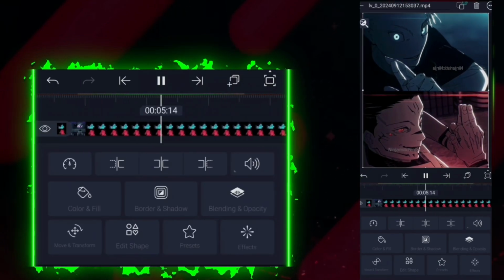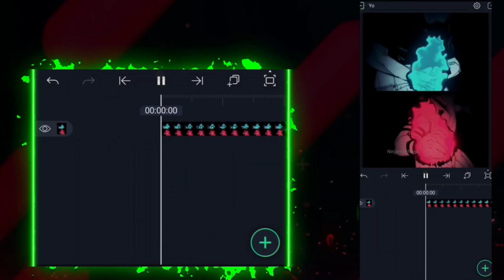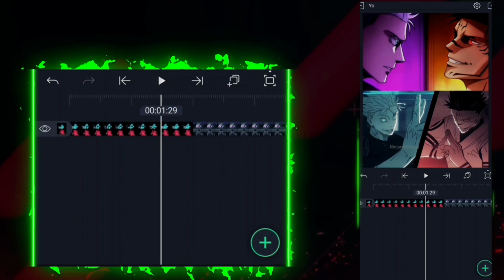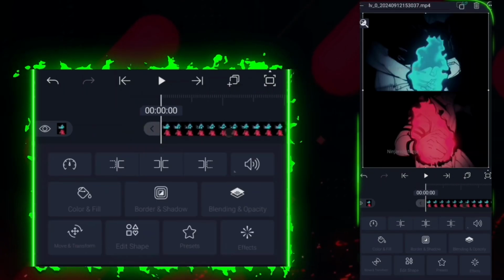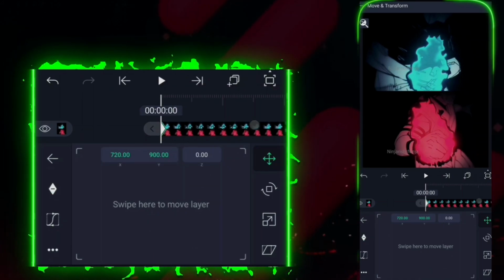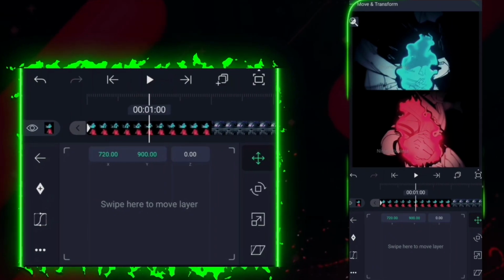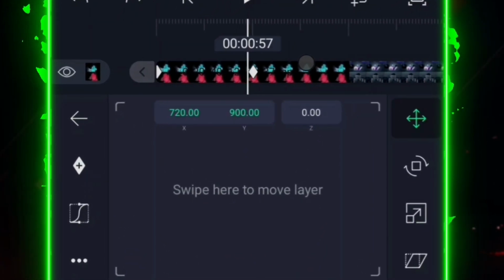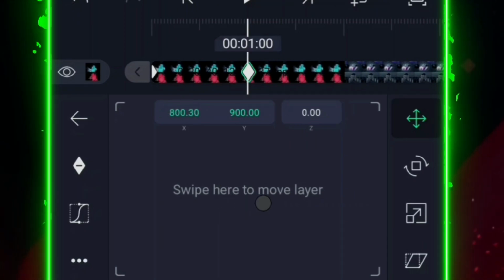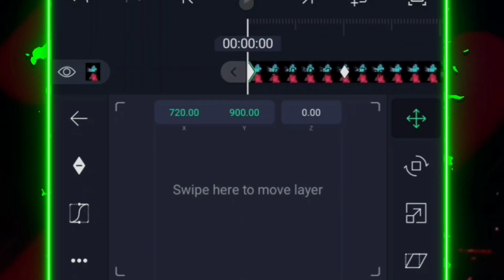Let's start with keyframes. Keyframes are additions to your edit when you are changing any one part of the video itself. And it could be placement, size, color, texture, there's a lot. When placing 2 keyframes at 2 different points of an edit, you can change any of those values I just said. For example, like I'm doing right now, the placement of any object at x equals this position and y equals this position, and put a different value for the second keyframe, like x is 100 bigger and y stays